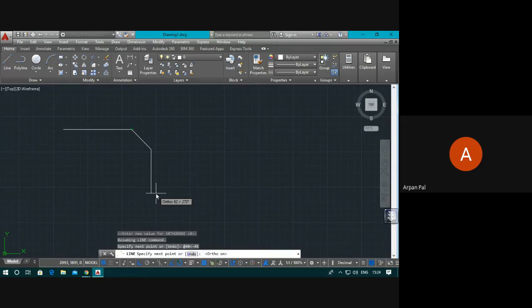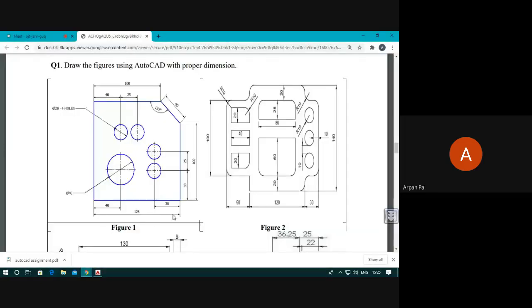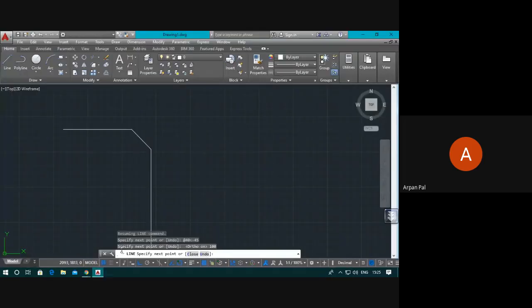It will draw it because it will understand from the command, not the ortho mode. Then in this direction, how much do I need to go? 100 only. Enter. 100. And in this direction, it is 128. And then enter. It is continuously drawing the line chain.